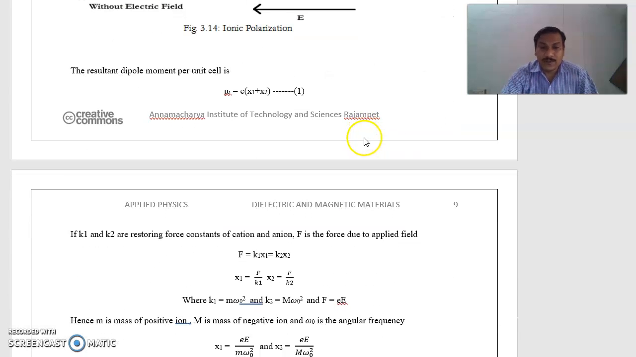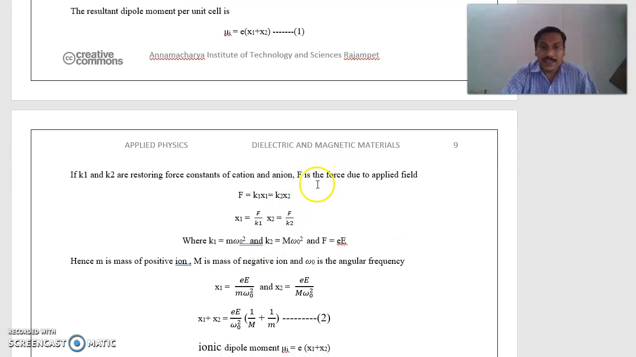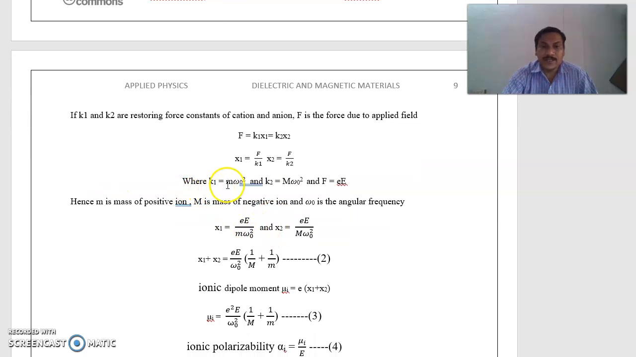That restoring force is considered as capital F is equal to K1 into x1. Next, the restoring force developed on electrons, that is, the negative ions, is the same, F is equal to K2 x2. Then x1 is equal to F by K1, x2 is equal to F by K2, where K1 is the force constant of the positive ion, K2 is the force constant of the negative ion, where K1 is equal to small m omega